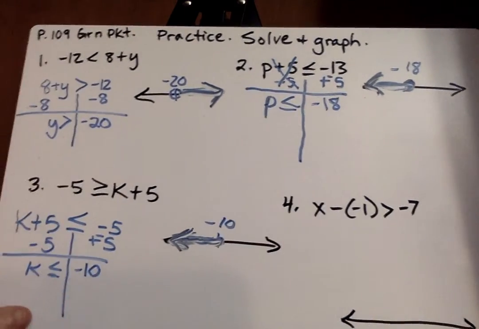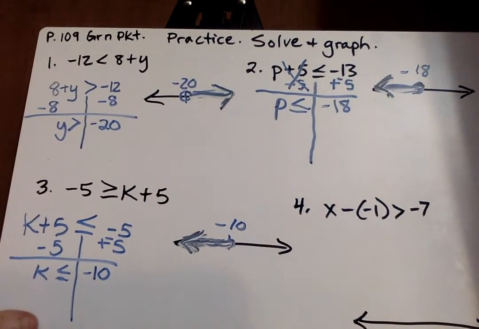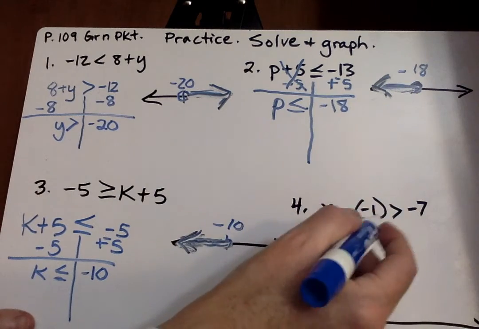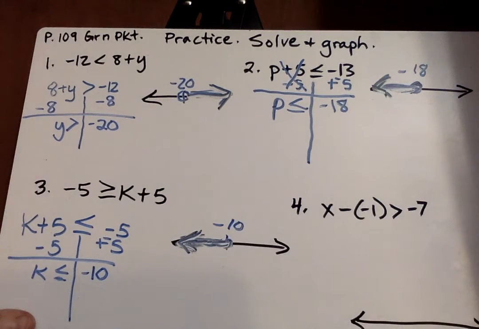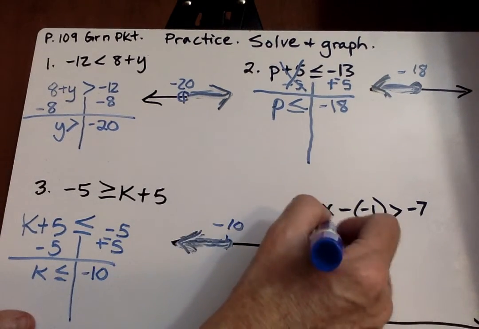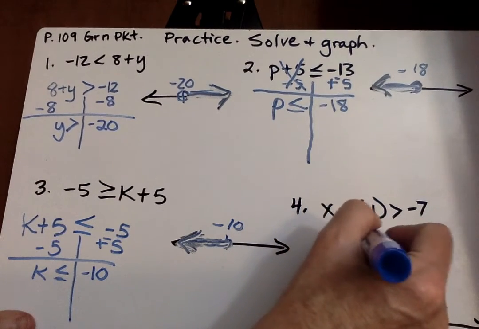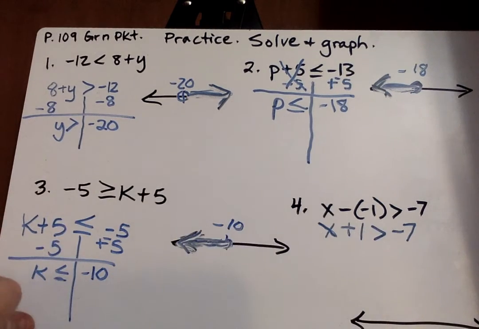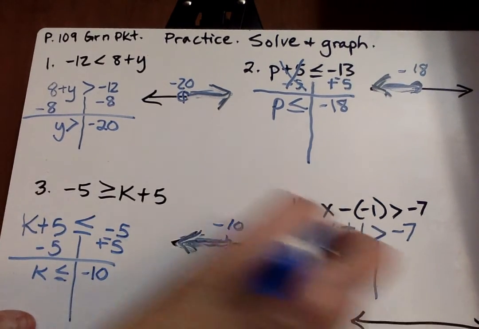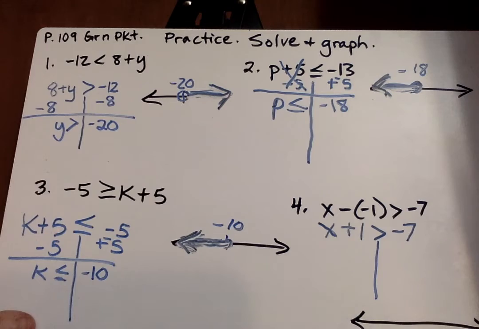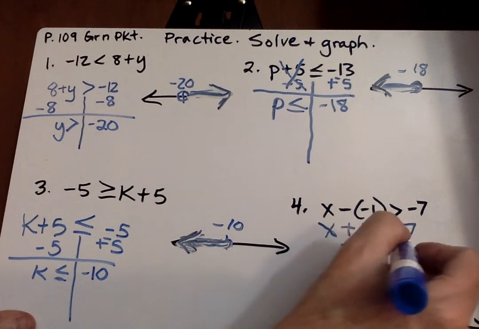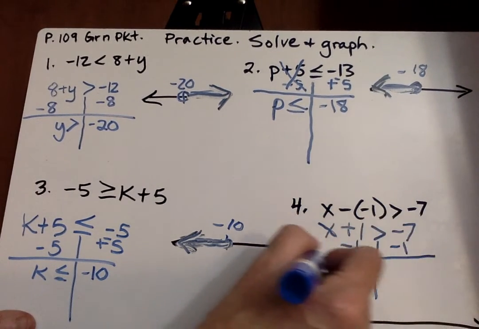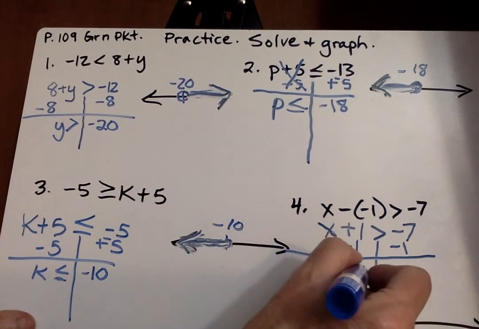Now, you need me to pause that a minute. We'll go on to number 4 right here. The first thing we need to do is take care of these parentheses. We don't do anything with solving the problem, but we want to take care of the parentheses. When we get minus a -1, it becomes x plus 1 is greater than -7. Okay. Next, we're going to solve for x. Put the line down the variable, or the greater than sign. -1 here, -1 there. Then we get x is greater than